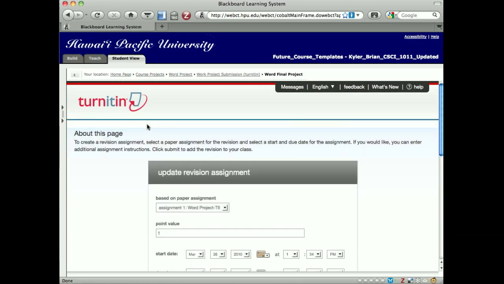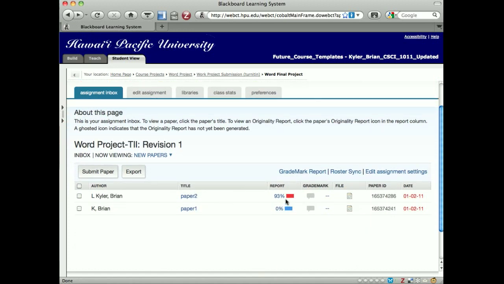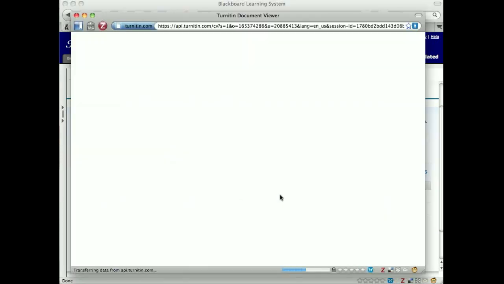I'm going to just refresh the page here. Okay, and it looks like the second one is done with its turnitin magic here, and you can see that it has an originality report of 93%. So you can see it's pretty easy to identify the plagiarized one. If I click on this,